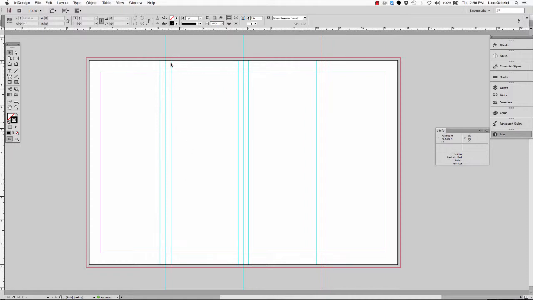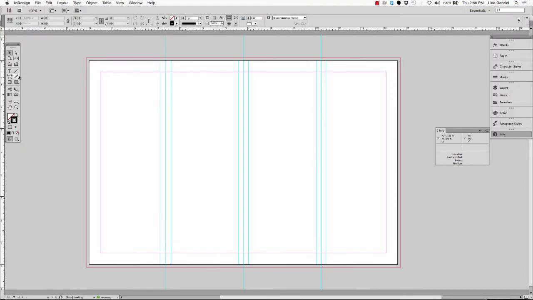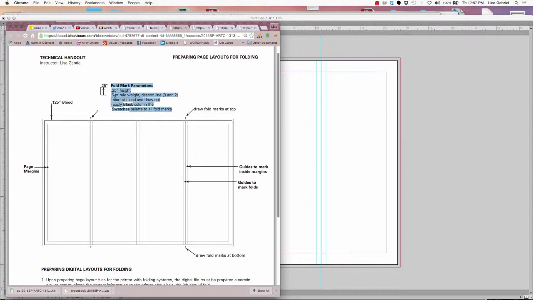And the last thing we need to do here is draw our fold lines. And again, over to this document, I have the parameters for drawing fold lines right here. So that's the parameters that we're going to set up our folds at. So back to our page layout here. I'm going to grab the line tool, and when I grab the line tool, I get some features up here to set my line to. So back to that document again, I'm going to set my